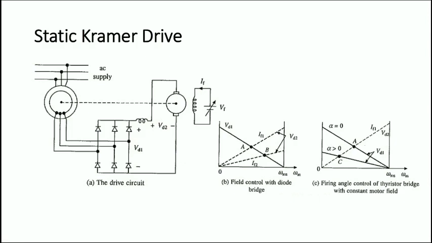We are using a DC motor here. This is the armature of the DC motor, and these are the brushes. This armature of the DC machine is connected to the rectifier output through these two lines, and we represent the terminal voltage of this armature as VD2. Actually this VD2 is the back EMF of the system. As you can see it is an armature, so VD2 will be the back EMF minus the armature drop.